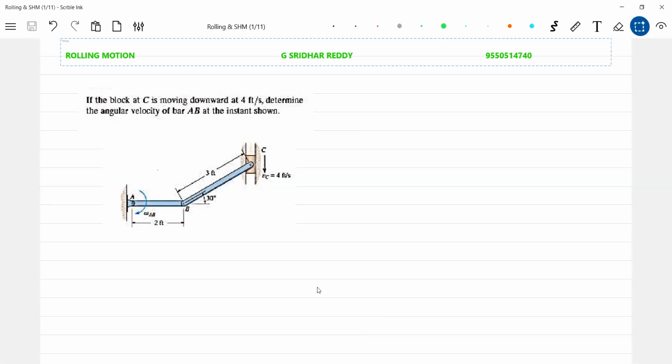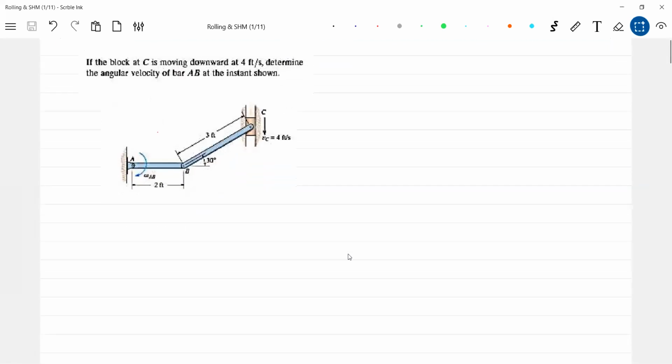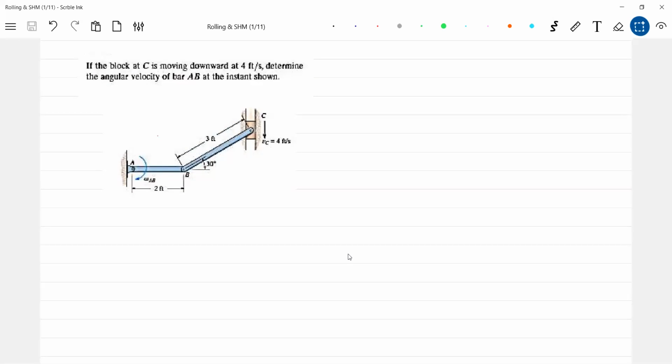Okay, now we'll continue with the question. If you see, these are the possible ways of asking a question. Actually, if you look at the motion of connected rigid bodies, it is very rarely asked. But I feel there is every possibility of any of these questions being asked. You need not go for the vector kinematics approach. Let's stick to the basics. There's a rod, AB and BC are rods. So information is very less.